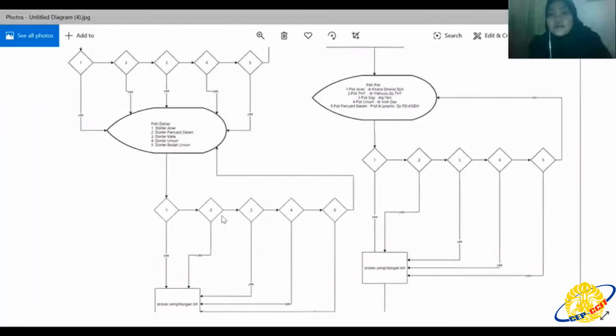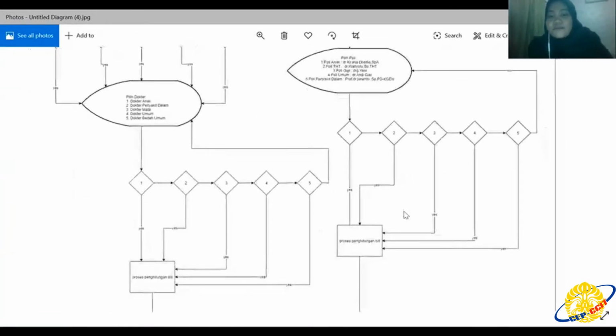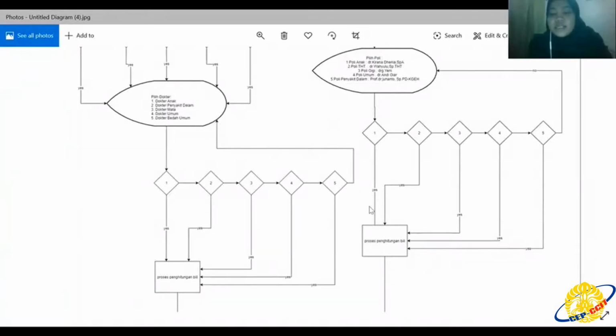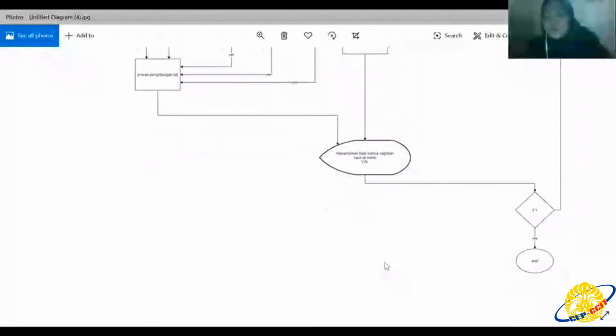And for Rawat Jalan, after you choose the pilih poli, the program will count the bill, so you know how much you must pay. And after the program counts the bill, the program will show the display "menampilkan total semua kegiatan, back to menu, yes or not." If you choose yes, the program will end, and if you choose no, the program will go back